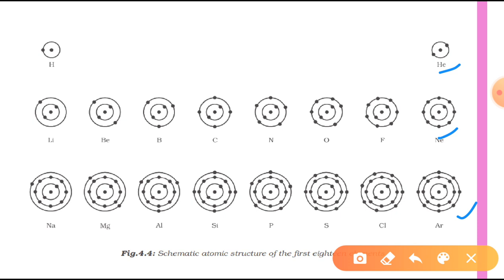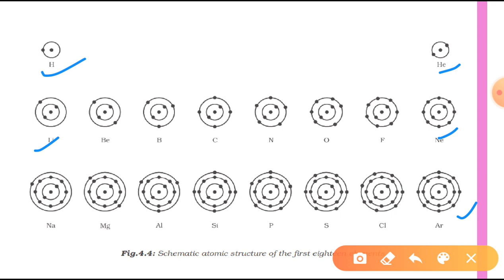Either they can lose electrons, or they can gain electrons in order to get stable. So let's talk about hydrogen. Students, hydrogen can accept 1 electron and it will be like helium. So its valency is 1. Valency is known as combining capacity. As I told you, this is the number of electrons that an element shares, either gaining or losing in order to be just like a noble gas.